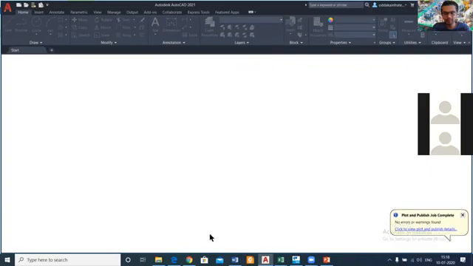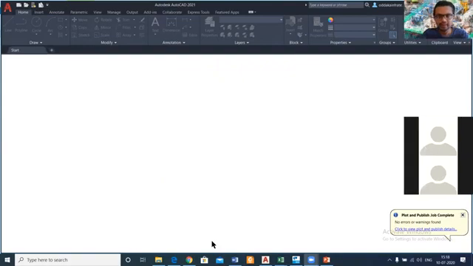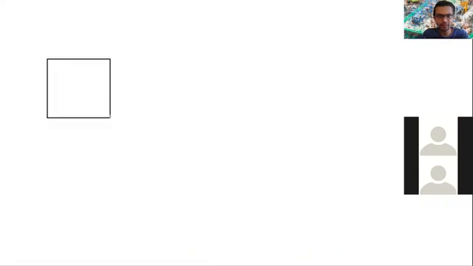So basically it's taking some time to open. Okay, let's say this is your footing, and the size of this footing, let's say, is 1100 into 1100.